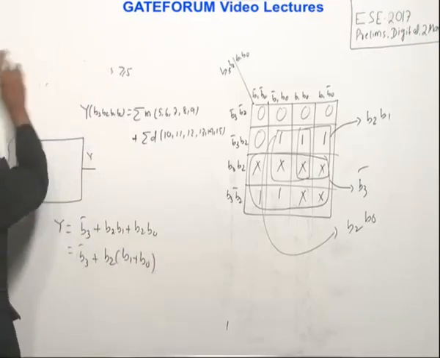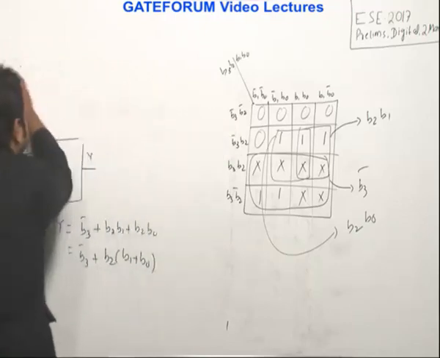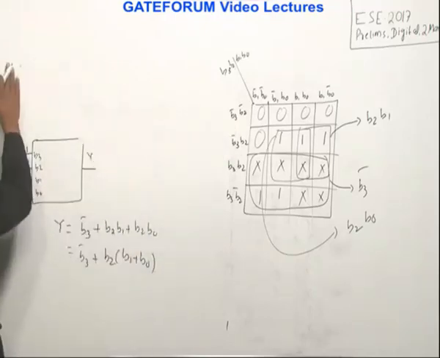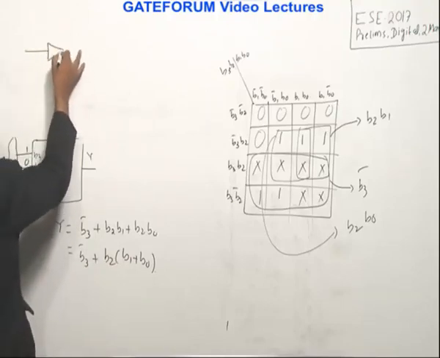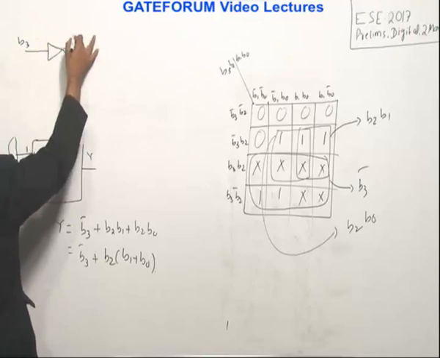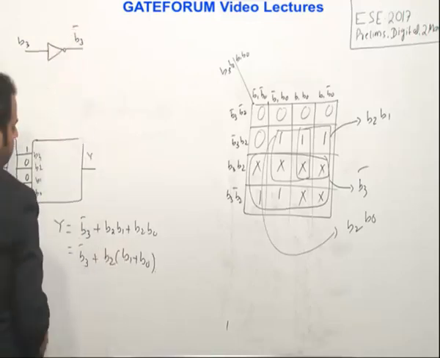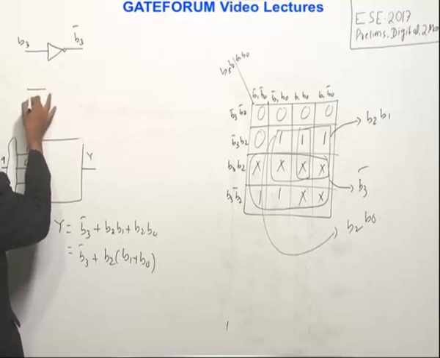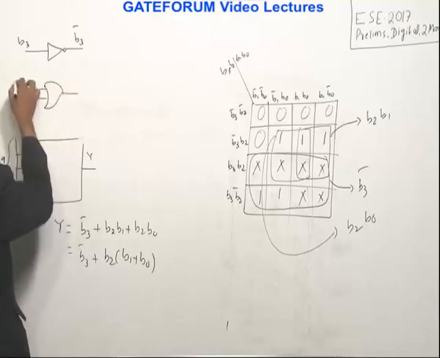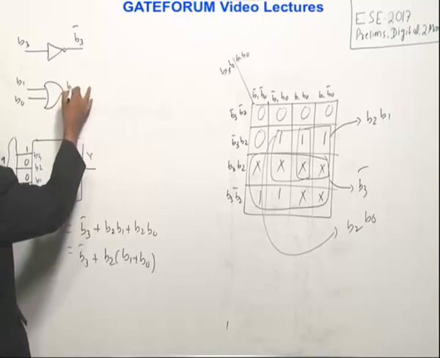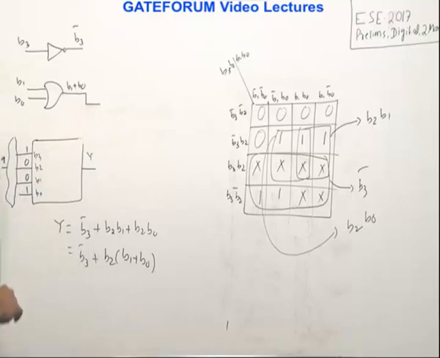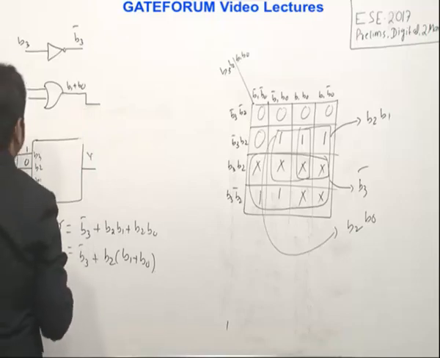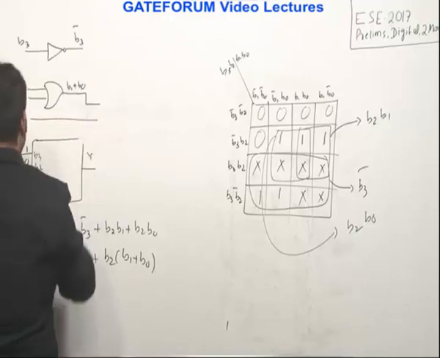So now if I ask you to implement this circuit, how does it look? Anyway, you need an OR gate at the end. So for this also I need one OR gate. So this will produce B3 here, and for this B1 plus B0, I am making one more OR gate. So this is B1, this is B0. So this is B1 plus B0. So this is being ANDed with what? With B2, right? This is being ANDed with B2.